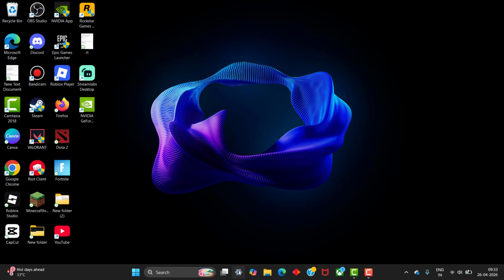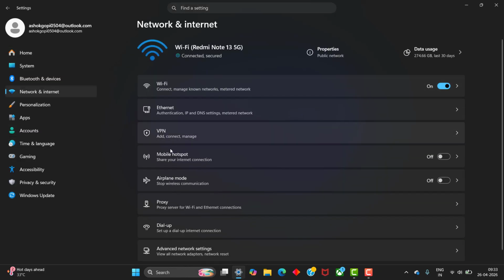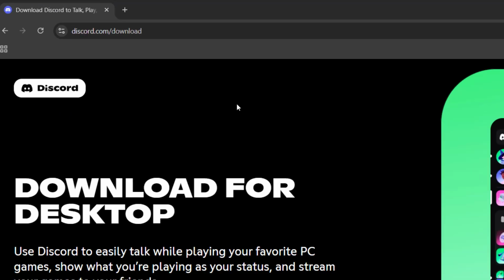and go to Settings. In this, you need to go to Network and Internet settings and make sure the VPN and proxy are turned off. If you are using a VPN, you can turn off the VPN. And after that, go to